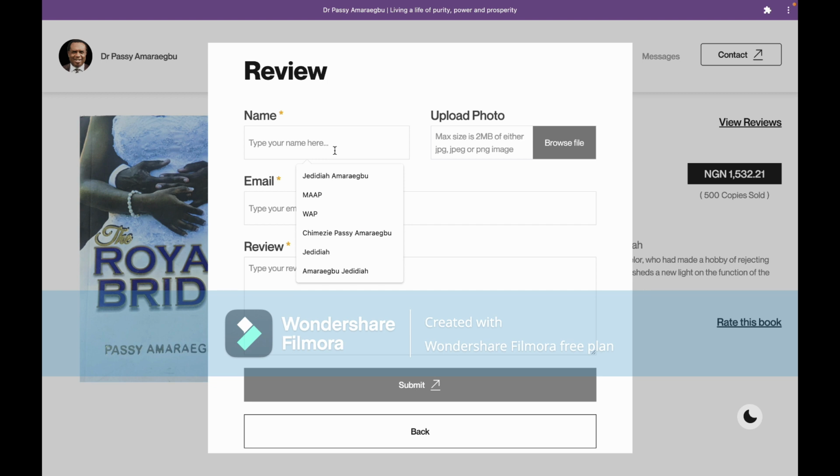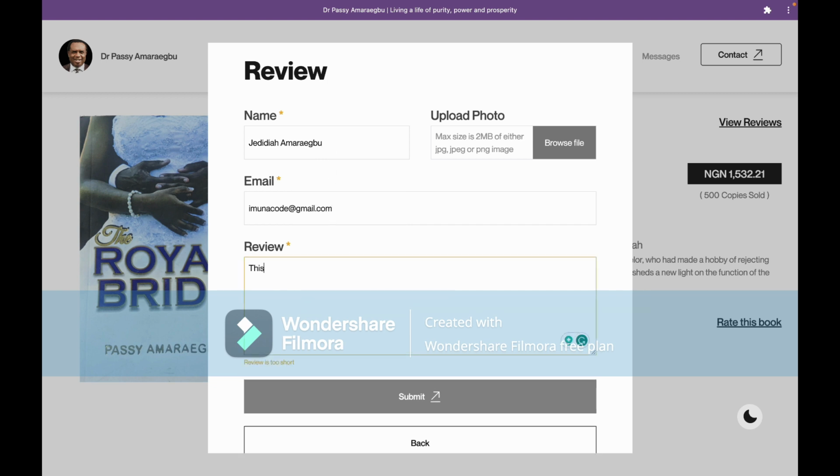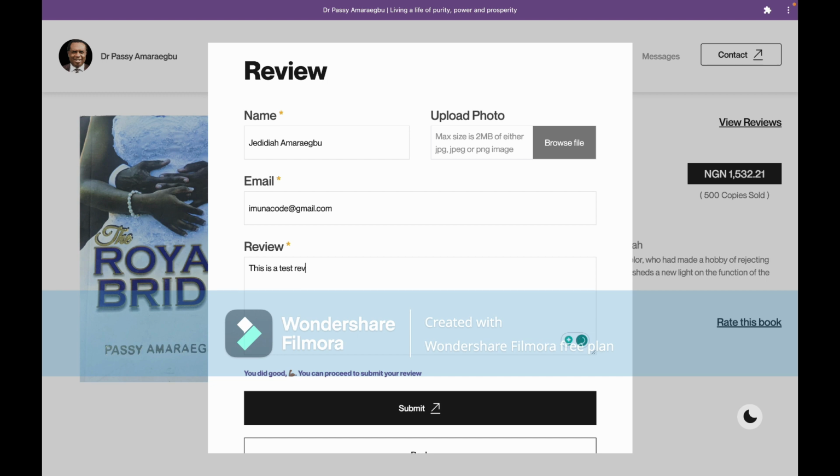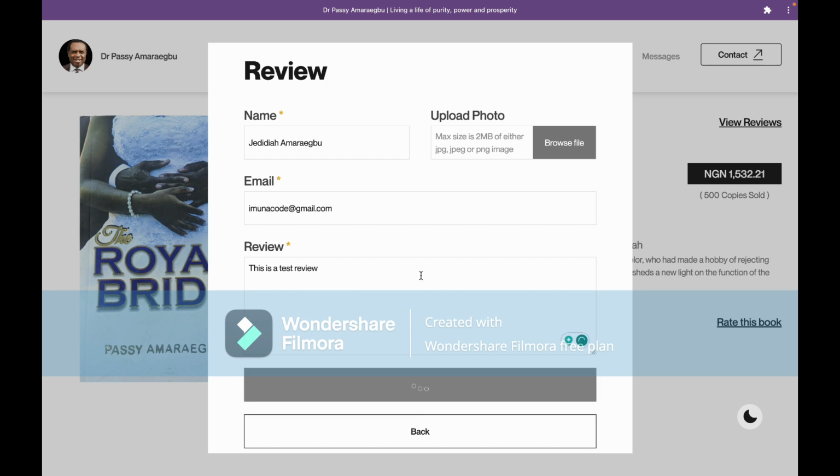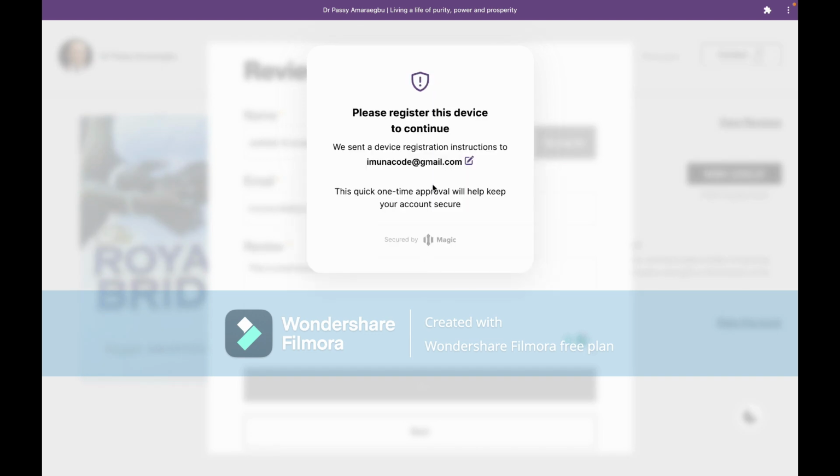If I go ahead and use my legit email address now, and this is a test review, and I submit this, okay, I'm asked to approve the login on my phone, because this is the first time using my email address.